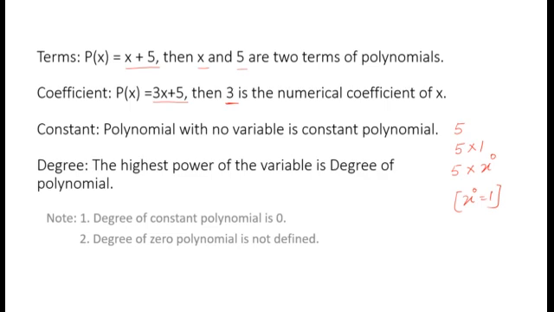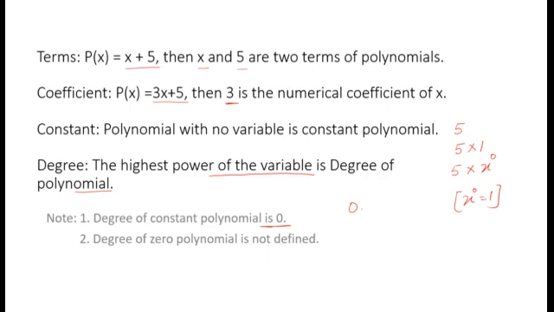Then one more term that we frequently use is the degree. Degree is the highest power of the variable. Again, I am telling you, the highest power of the variable is known as the degree of the polynomial. There are some important things for you: the degree of a constant polynomial is 0, as I just explained. But the degree of a 0 polynomial is not at all defined,